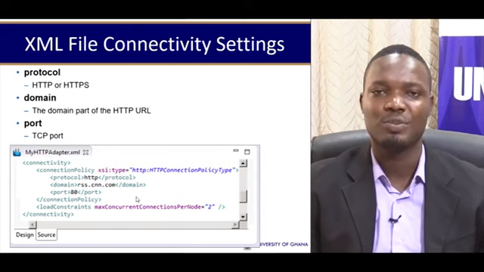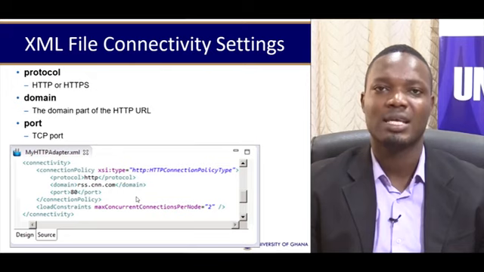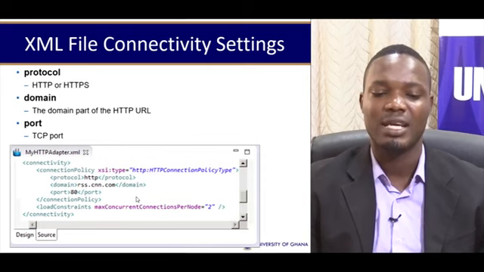Again, we'll need to specify connectivity parameters or details. So we'll use the XML file to set up these connectivity settings. The first one would be the protocol. Is it a secured HTTP or is it the unsecured HTTP? The domain in which we want to access, we also specify that. And then the port,